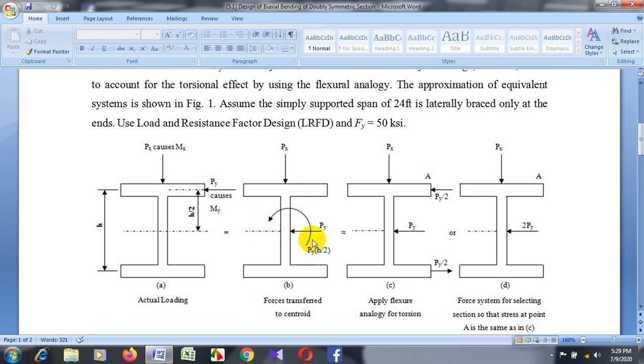Finally, this equivalent moment is transferred to point Py divided by 2, and this force is finally transferred to the centroidal or neutral axis. This force is called 2Py. That means if one flange force is transferred to the center, the value is doubled,